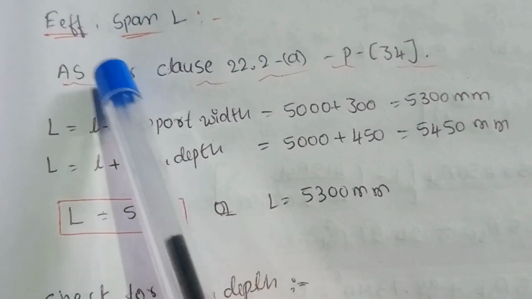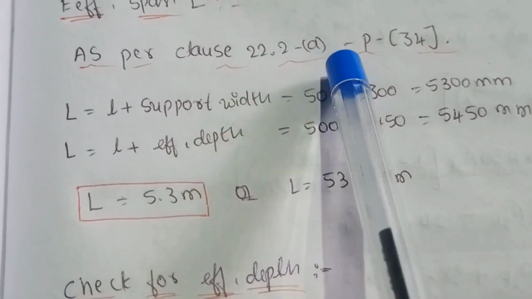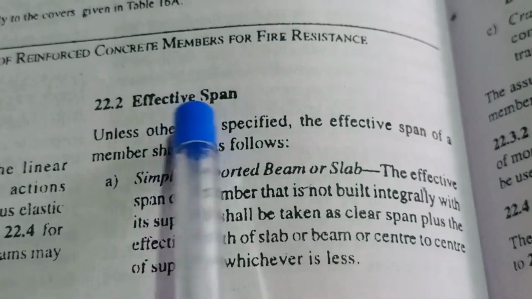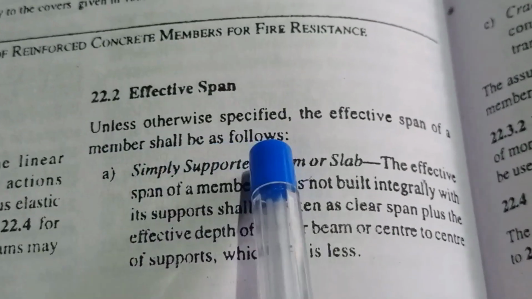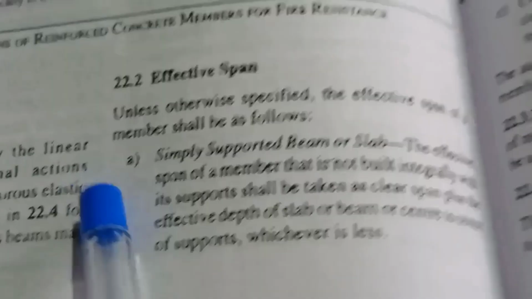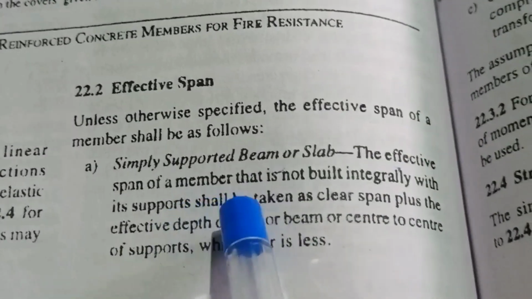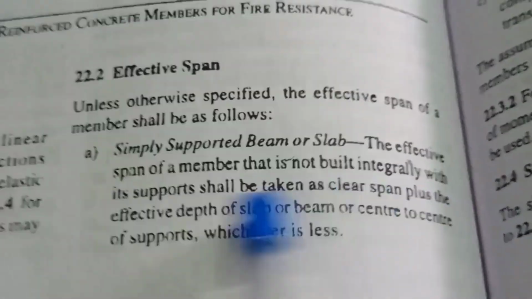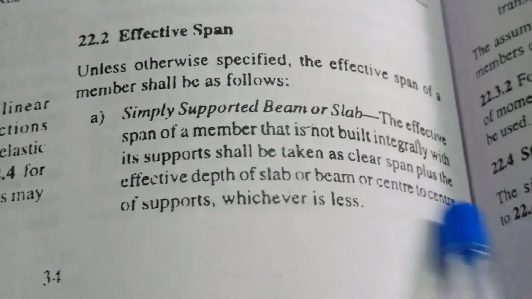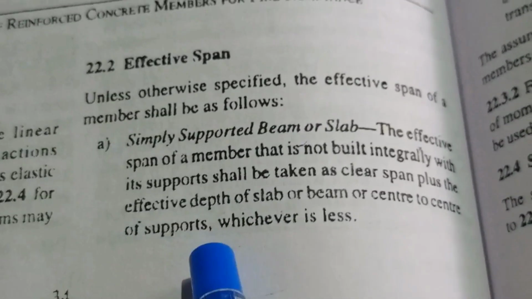Calculate the effective span as per clause 22.2a, page number 34. What they have said: effective span, unless otherwise specified, the effective span of a member shall be as follows. For a simply supported beam or slab, the effective span of a member that is not built integrally with its support shall be taken as clear span plus the effective depth of slab or beam, or center to center of supports,